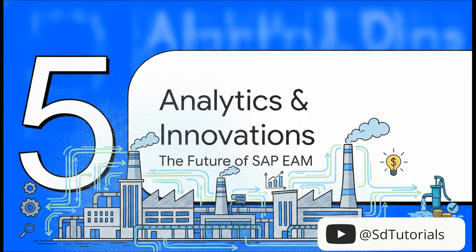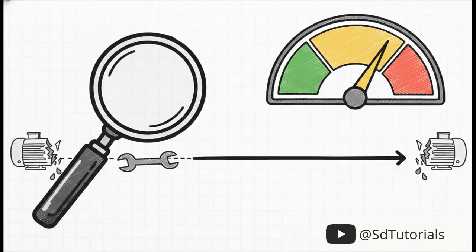Finally, let's zoom out. Section 5. Analytics and future innovations. All right, the pump's running, bills are paid, but what did we actually learn? How does this one single failure help improve the whole factory? Well, because we forced everyone to use those structured catalog codes during the breakdown, management can jump into the Plant Maintenance Information System, or PMIS, to analyze what went down. They can pull up metrics like mean time to repair, how fast do we fix it, and mean time between failures. Most importantly, they get crystal clear visibility into exactly how this specific breakdown impacted the factory's overall equipment effectiveness,